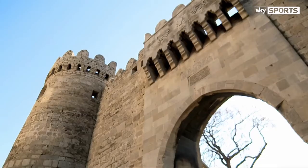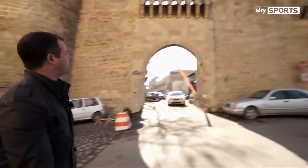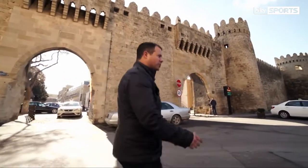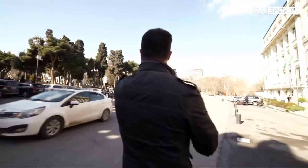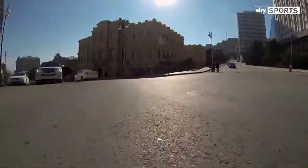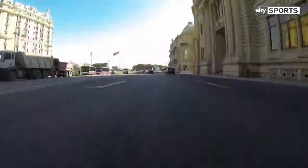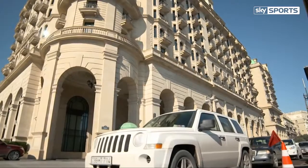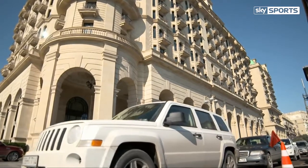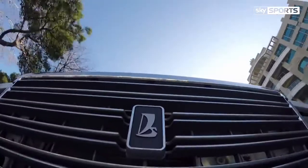And then as the drivers power up the hill, they'll take an apex around where this larder is, and they'll be forgiven for not having time to stop and look at the wonderful 12th century old city walls. Then it's straight down into a few long and very fast left-handers as we go down past the presidential palace. Turn 16, last significant corner on the circuit, and it's another quick left-hander past the Four Seasons Hotel, where Bernie's probably going to be staying, and then it's over a mile, flat chat, down past the central reservation we saw earlier, to the start-finish line. The driver's just going to be going...